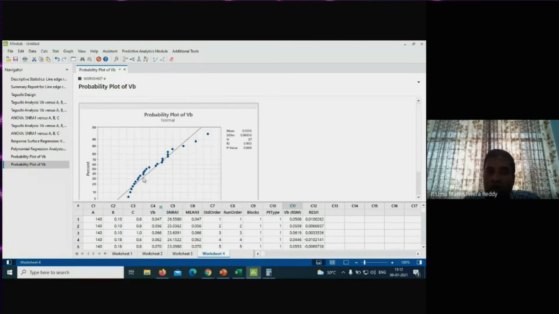So here also the data follows the normal distribution close to the regression line with different values, and here the R-squared is again the same. The difference between the areas of the fitted line and data points is 0.963. So from this p-value, you can say that the model is again adequate. Likewise, you have different normality tests. The most commonly used normality test is the Anderson-Darling test.